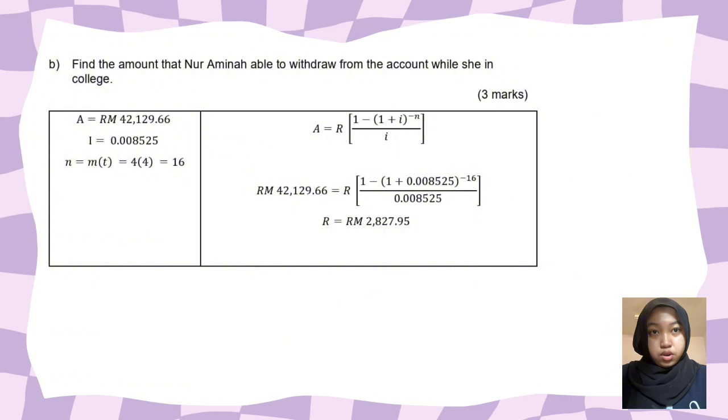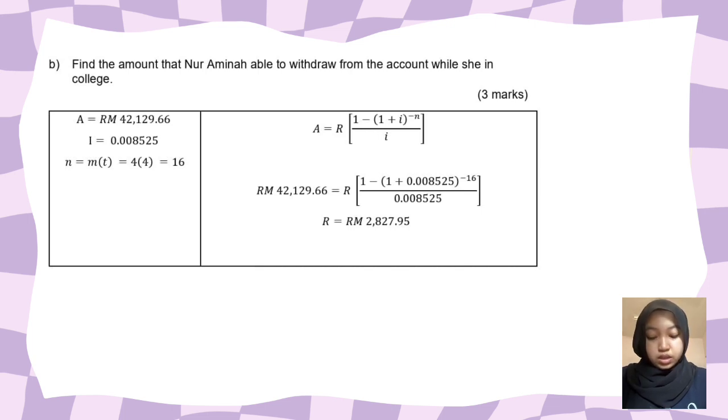We use 4 for the T because the question said Nur Aminah will use the accumulated amount to fund her college education through equal quarterly withdrawal over the 4 years. The formula we will be using is A equals R in bracket 1 minus (1 plus i) power of negative n, over i. The equation will be